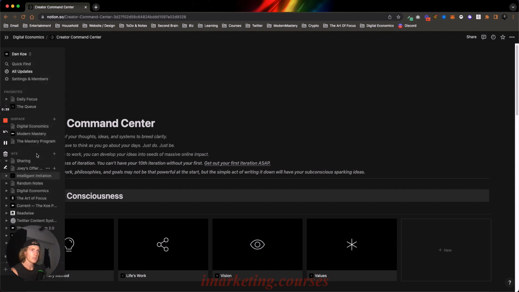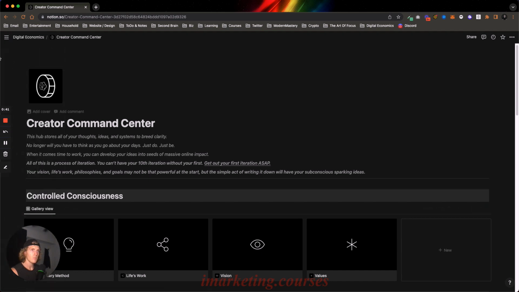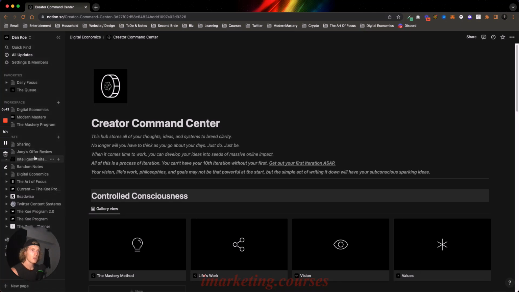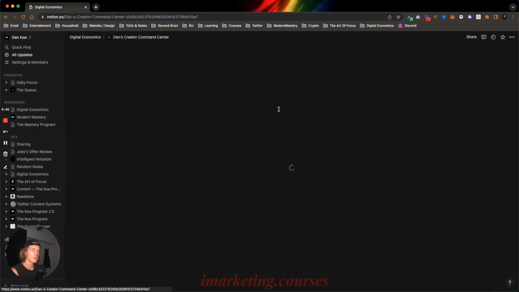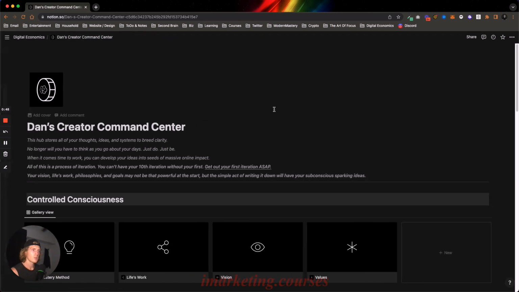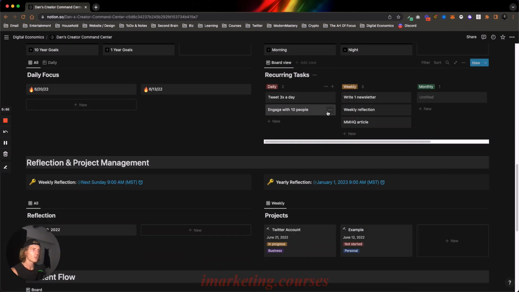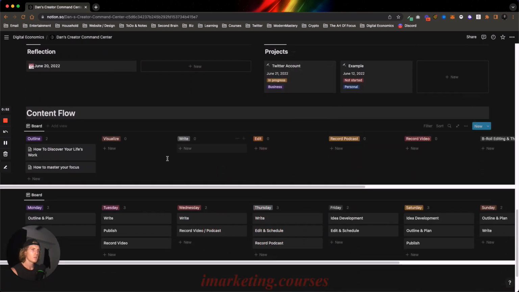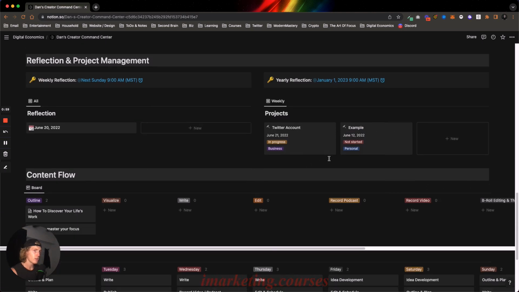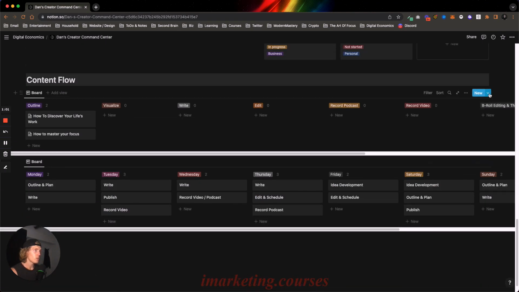So what we're going to do here in the Creator Command Center, I'm actually going to go to my example one, wherever it is. I have so much stuff. Example. Okay, so here's the example. And we're going to scroll down to the content flow, right? So I have a few here because I'm starting to transfer my own stuff over to this one instead of my other one. But what you do here is at the start of each week, preferably, or whenever you want to do this and structure it into your day, you come here, you click the all-in-one template.